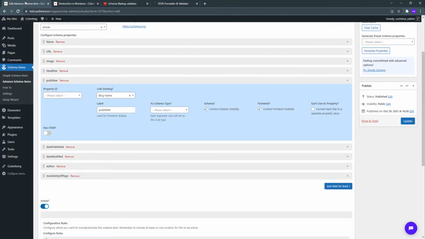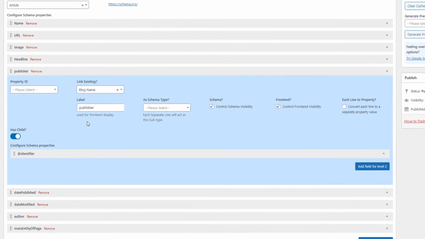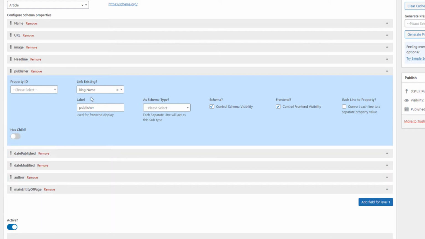One option would be to go into the publisher, open the child, and add other organization elements there, but that is too tedious. And if you want to change the organization schema, you will have to change it in multiple areas. So instead of adding all of them here, we have a link existing option.